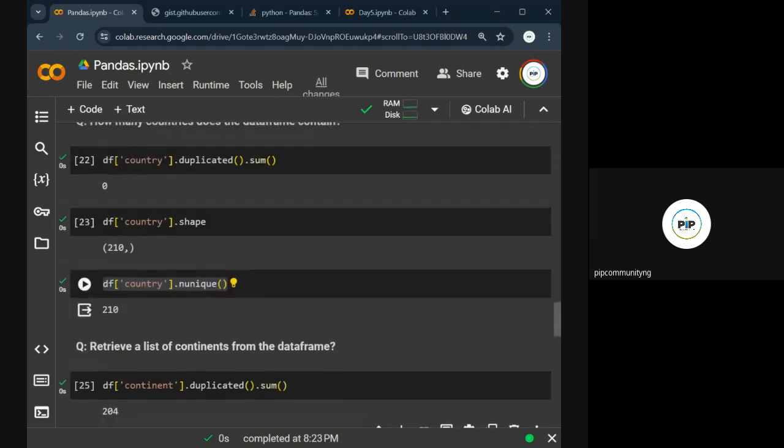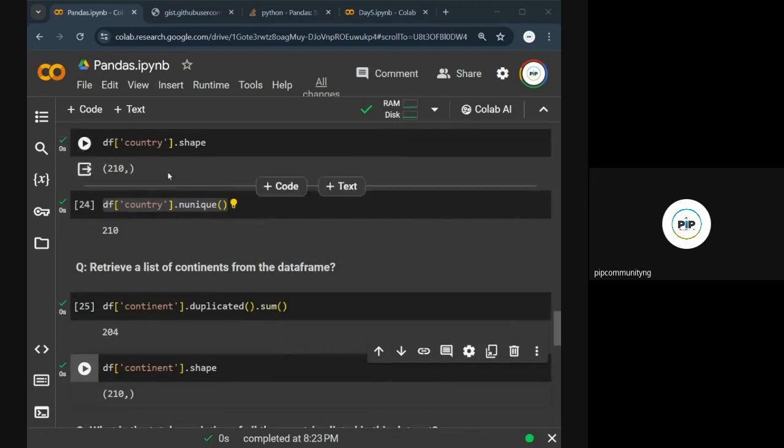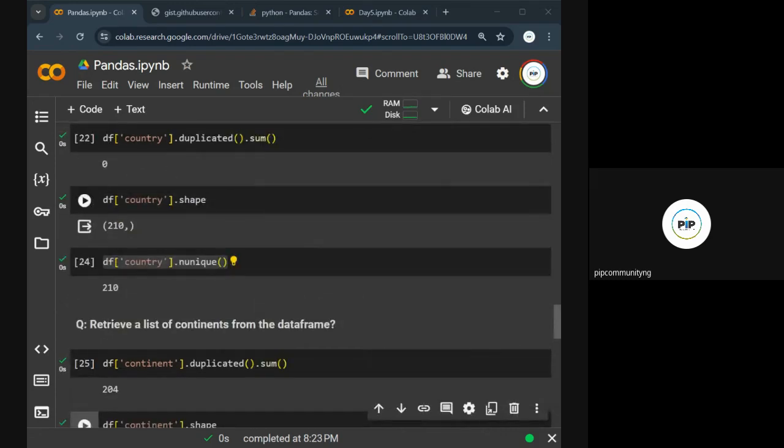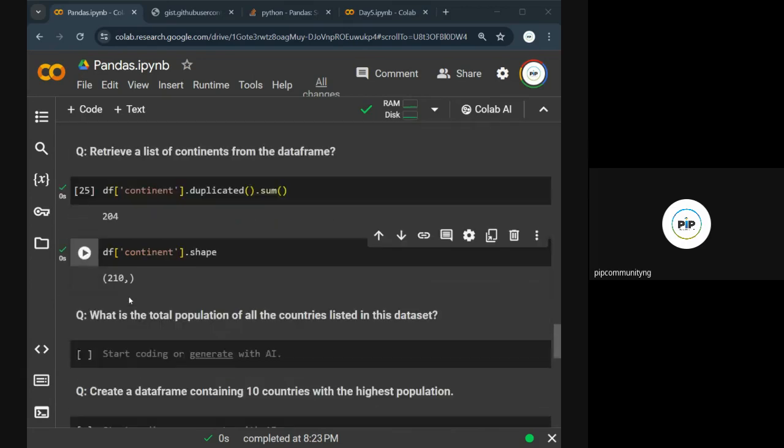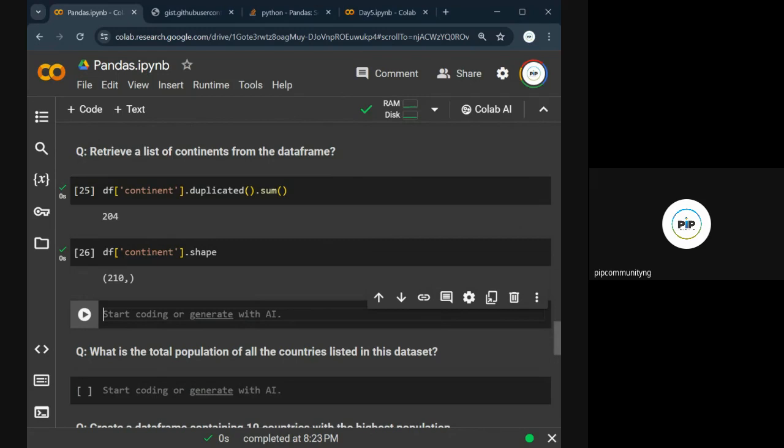The reason I show you is that in this case you can see some similarity in the answers, 210 and 210, but the answers here are different. So the best way to retrieve the list of continents is